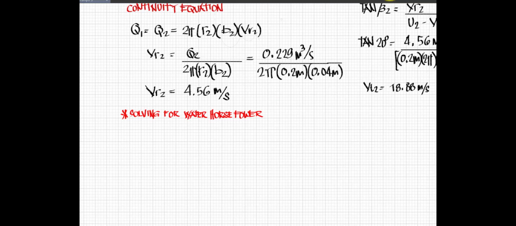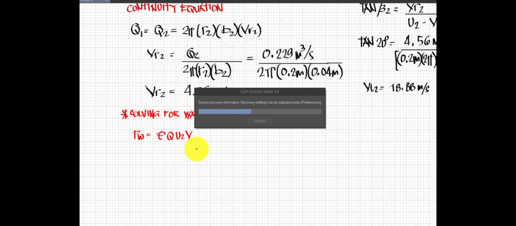Now, let's go for solving the water horsepower. Okay. So required for the design ng pump natin. So water horsepower, so PW, so that will be your density, no? Yes. Volume flow rate, and you have your tangential velocity of fluid flow, tangential velocity of the vane, then tangential velocity of the fluid flow at